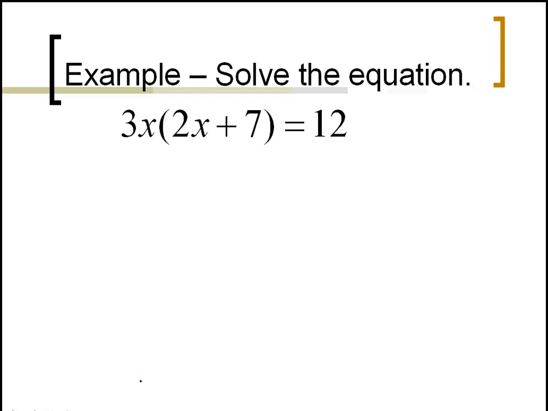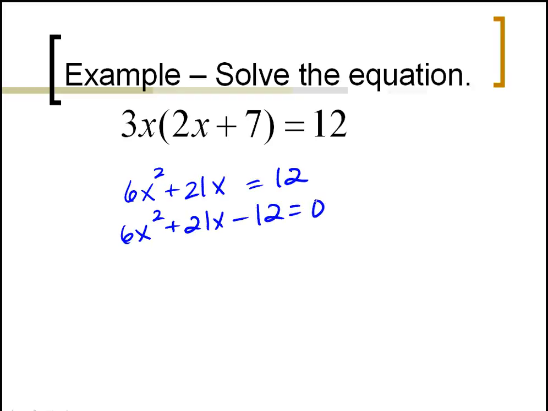The last problem, 3x times 2x plus 7 equals 12. Again, we have a product, but it's not equal to 0, so we have to undo that multiplication. 3x times 2x is 6x squared. 3x times 7 is 21x, and that's equal to 12. So we have 6x squared plus 21x minus 12 is equal to 0. Now, if you notice, there is a 3 common to everything, so if you divide by the 3, you can only divide by a numerical value, not a variable. But if we divide by 3, we could reduce this to 2x squared plus 7x minus 4 is equal to 0,